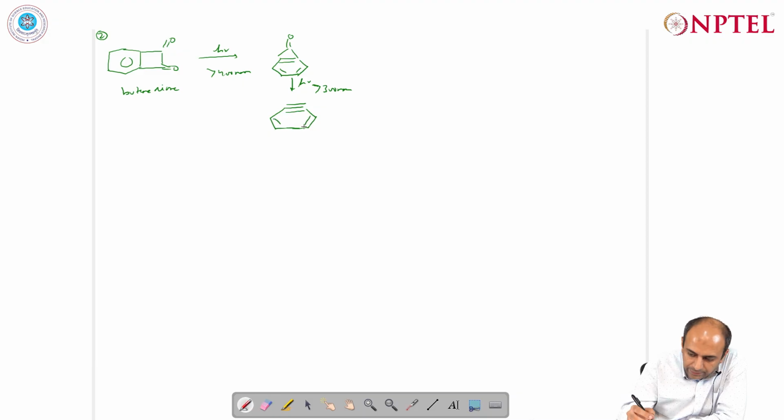So you can stabilize benzene inside the hemicarcerand, and you can also stabilize